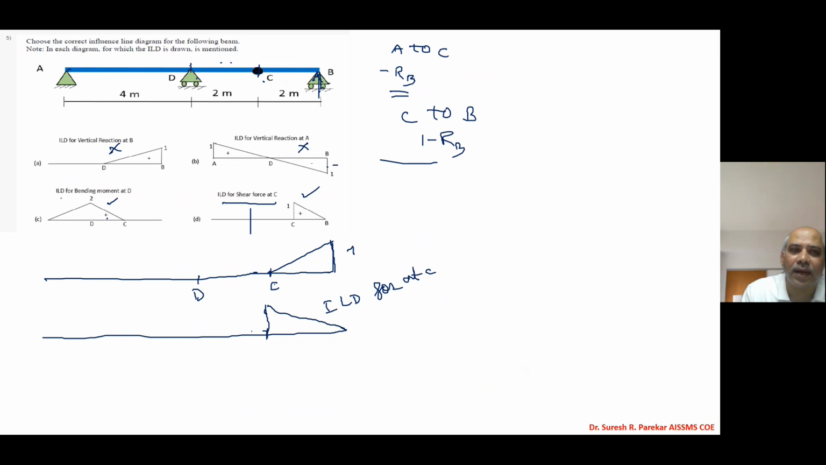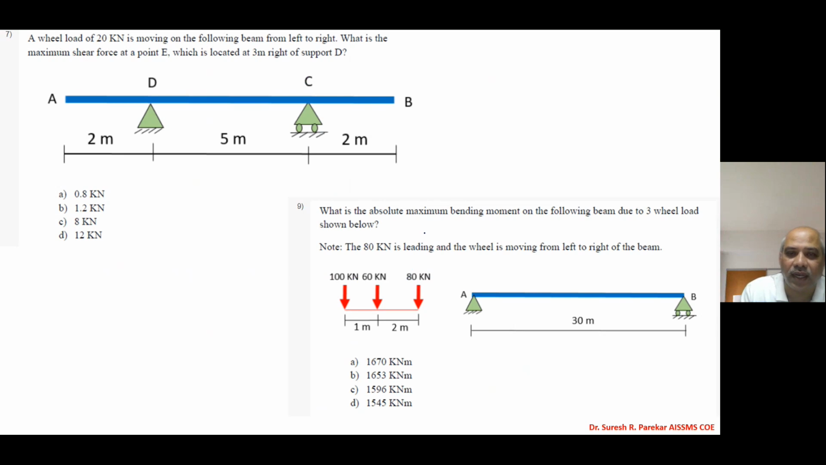Now if we find the bending moment at D, then you have to go RB into 4, when the unit load is from A to D. And when the unit load is from D to B, then we have RB into 4 minus 1 into X. And then we have to go for this. So try to understand, be very calm while solving problems of ILD. ILD is a simple one. So here actually this is